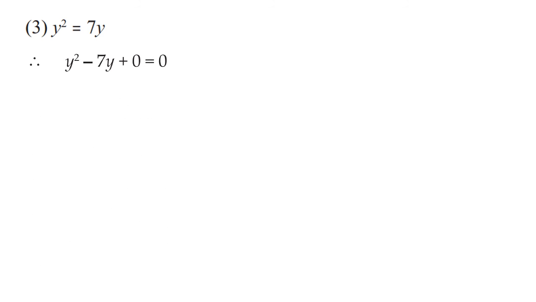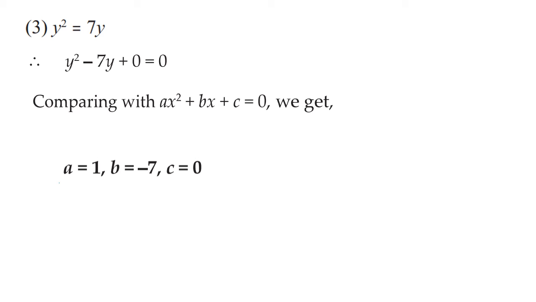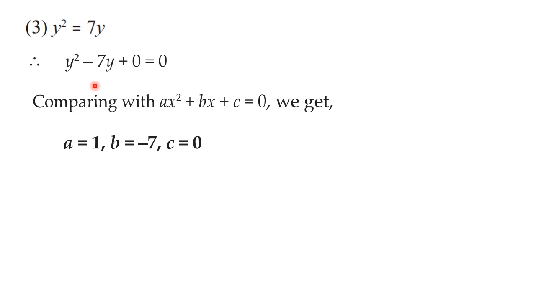Here also the second equation is taken and you have to compare it with the standard form, and then you can write down the values of a, b and c. Why is this given? When you are solving by the formula method, the very first thing you have to do is convert the equation to standard form, compare it with the standard form, and write down the values of a, b and c. Because in the formula we see these values only: minus b plus or minus under root b square minus 4ac upon 2a. That is why this question is repeated again.